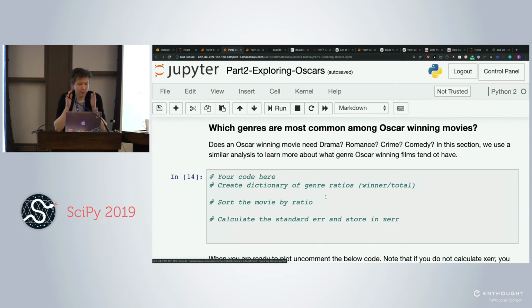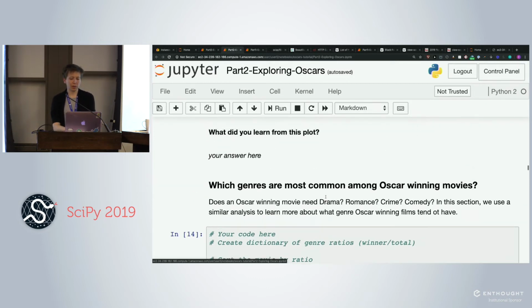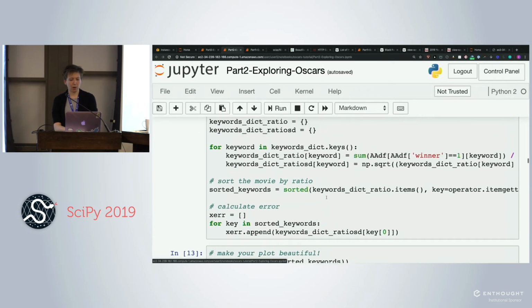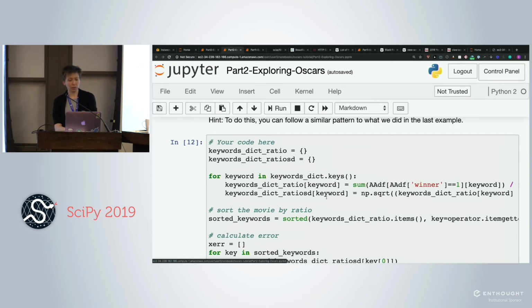So this next one is going to be interesting. You can follow a similar pattern as the first two, and you can answer the question, which genres are most common among Oscar-winning movies? Does an Oscar-winning movie need drama, romance, crime, comedy? We can use a similar analysis as the last two. Notably, you'll still want the keywords